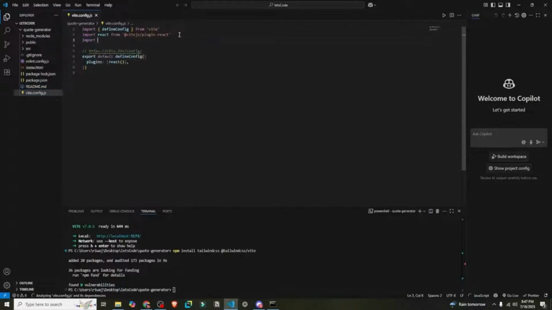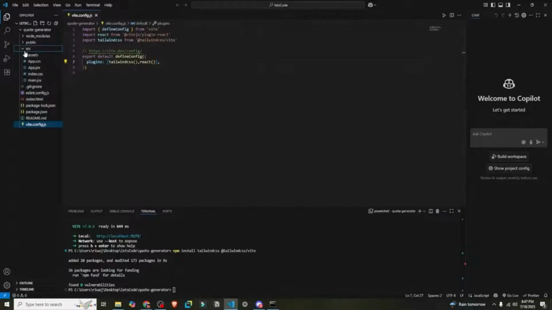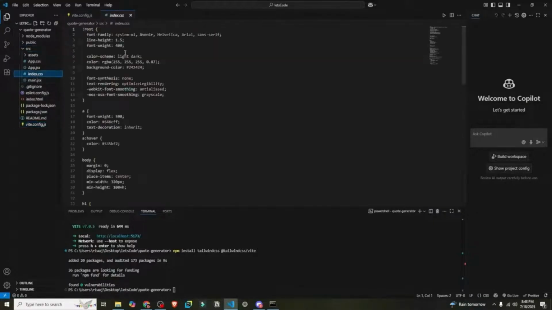import tailwindcss from @tailwindcss/vite. So it has completed this for us, and in our plugins we have to put tailwindcss, a set of parentheses, and then a comma. So after doing that, inside our source folder and inside our index.css file, at the top, I'll